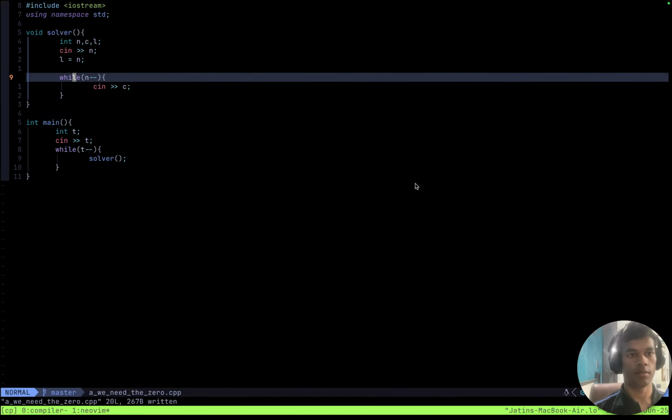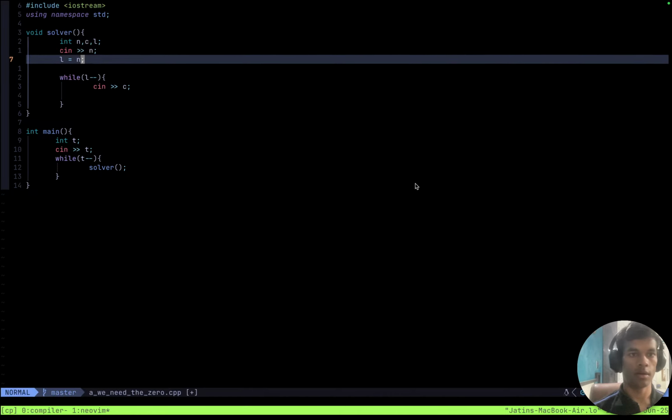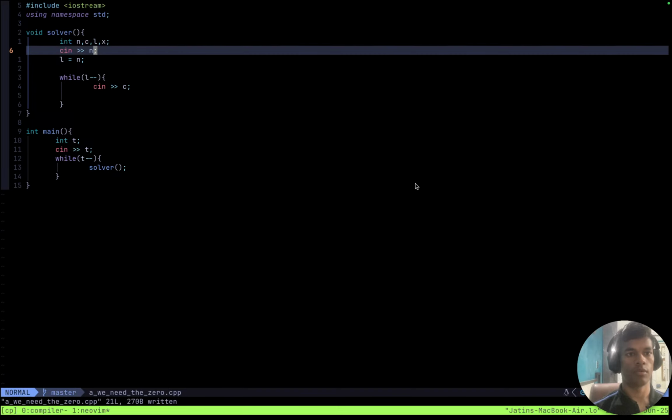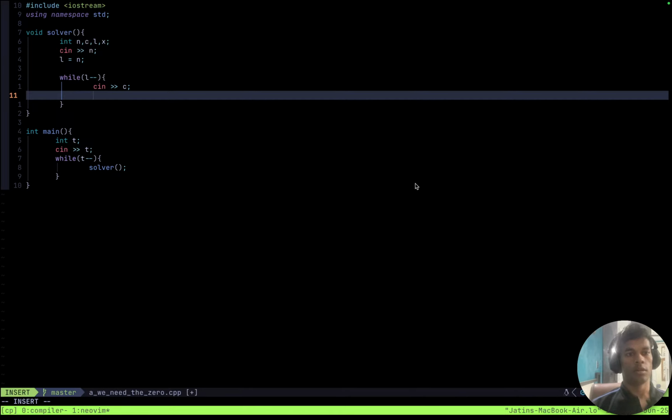Wait, I can instead reduce L instead of n, and let's say Z, which would represent the XOR of the whole thing. Now, what would it initially be equal to? I want it initially to be equal to